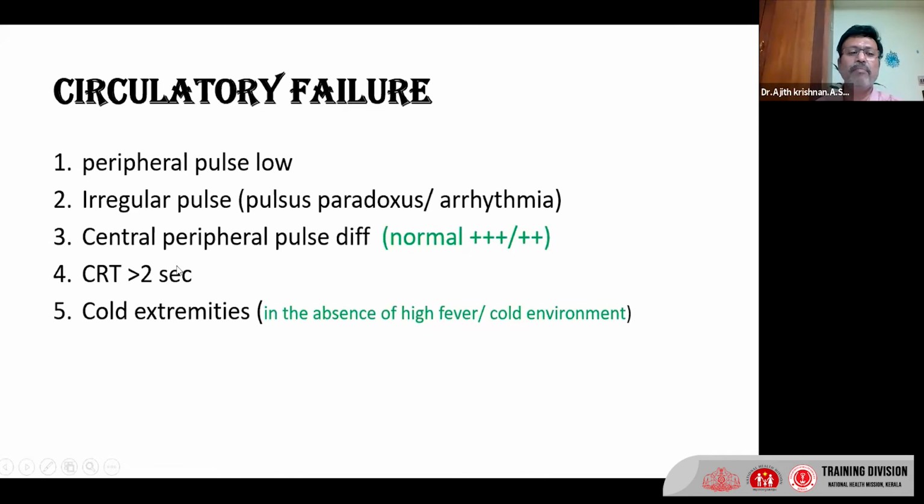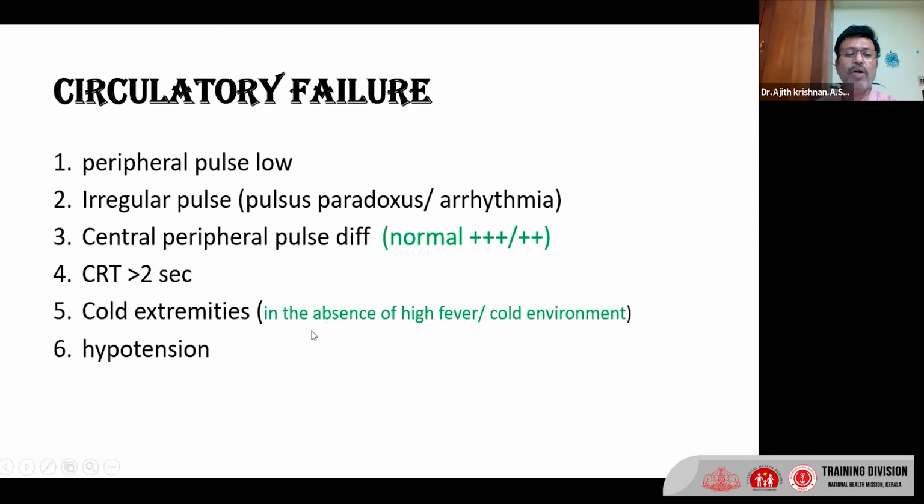paradoxus or arrhythmia. Then central peripheral pulse difference. You have to look at the central pulse, the carotid or the brachial in an infant, and compare it with the distal pulsation. So usually it is 3 plus and 2 plus. You have to assess the central pulse as well as the peripheral pulse. And you have to assess the capillary refill time; if it is more than 2, that is 3 or more, it is abnormal. And cold extremities, you look for the peripheral circulation